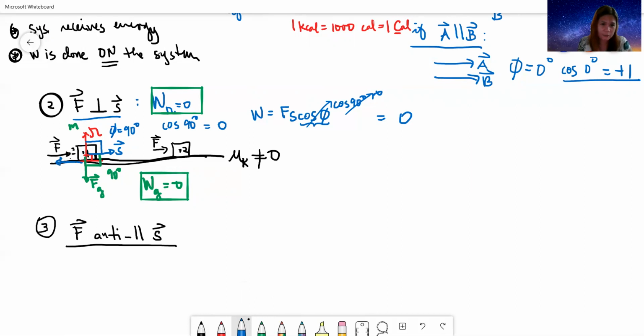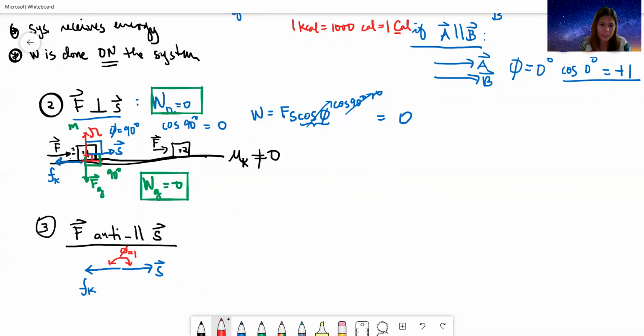Kaya nag-slide siya sa floor, this is already kinetic friction, hindi na static. Walang nagagawang work si static friction, ha? Kasi ayaw niyang gumalaw yung object. So, it's always kinetic friction that is involved here. So, let's sketch now tail to tail the two vectors. We have displacement. Going to the right, yung change in position. Pero yung friction natin is in the opposite direction, kinetic. So what is now the angle between them if they make a straight line?